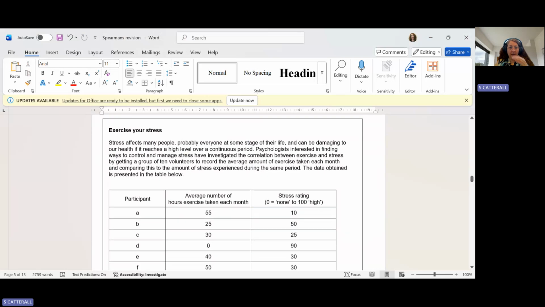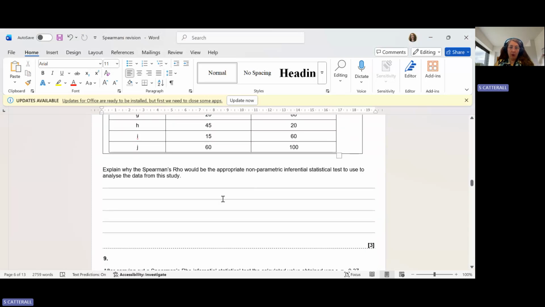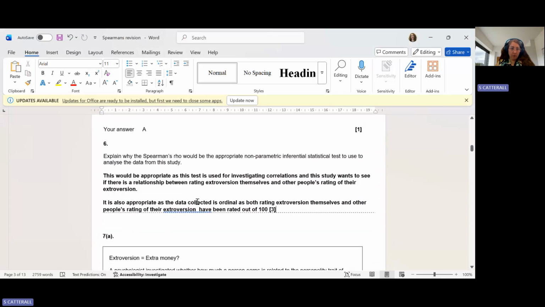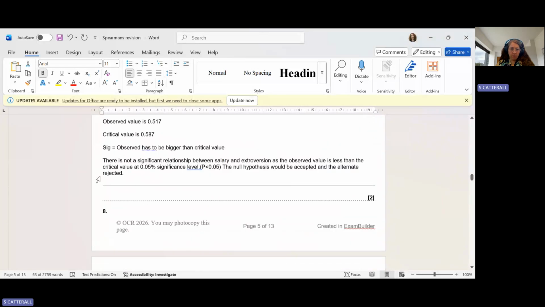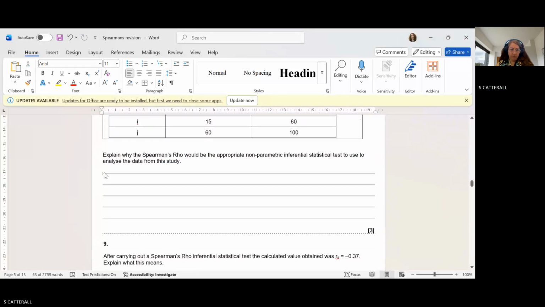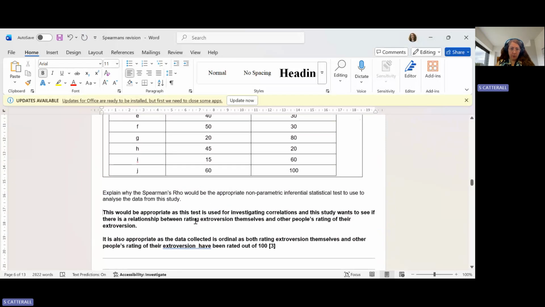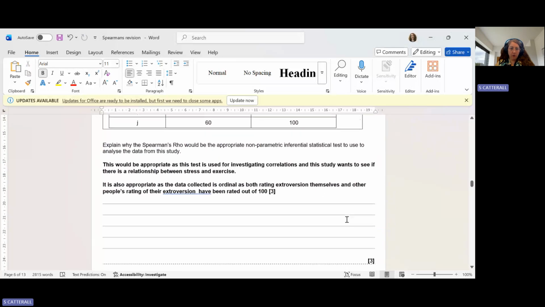And then we've got exercise and stress. So we've got, again, two ratings: how much you exercise and stress. That's what it's about. Again, why would it be appropriate? Exactly the same as last time, so let's copy and paste. This would be appropriate because it's a correlation, and this study wants to see the relationship between stress and exercise. And then it's also appropriate as the data collected is at least ordinal, as both are rating